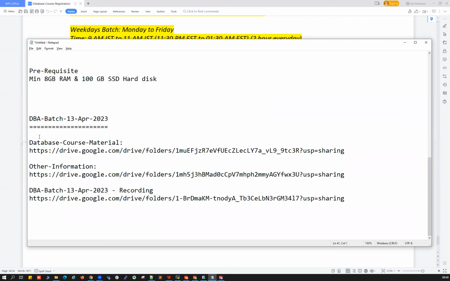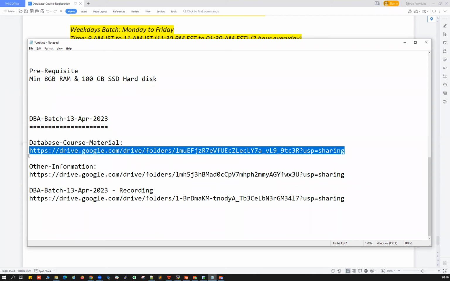The WhatsApp group is a lifetime accessible WhatsApp group. We're going to support you end to end, like lifetime support. That will be there even after this particular course. You can use that WhatsApp group for active participation, active questions, query discussion. And as part of this course, we'll be getting access to various drives.